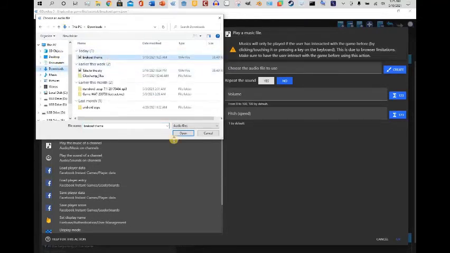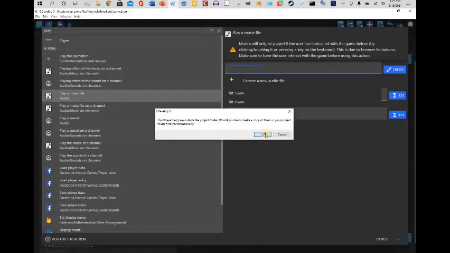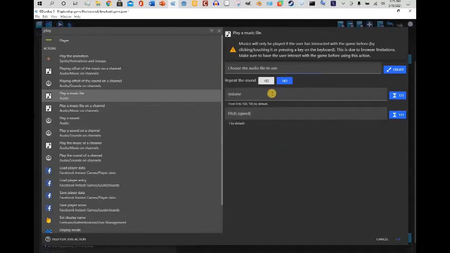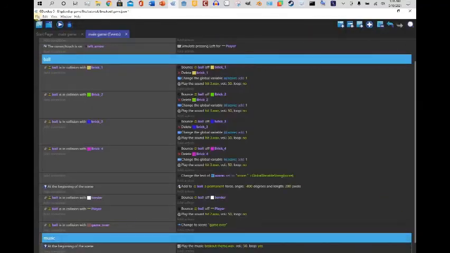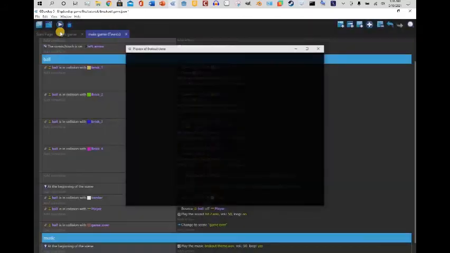wherever you downloaded it or you have it, hit OK, and then type in 50. We want it to repeat. It's a good idea to have your music repeat, not your sound effects though. Hit OK, and